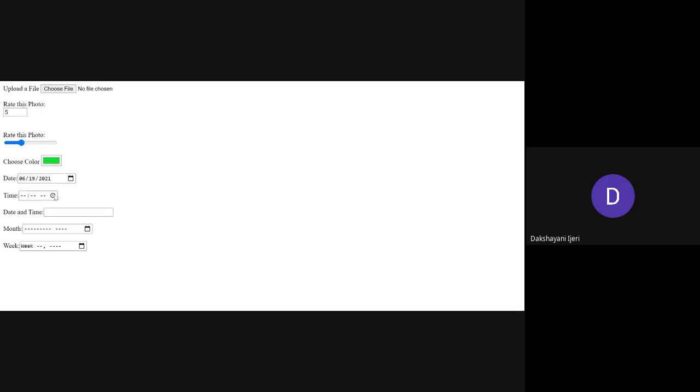Similarly, you can see here the time input has been created. And if I click on this again, it is showing you the hours, the minutes, and it is even allowing you to specify whether it is AM or PM. So instead of typing, you can also simply select the time over here. The first part is the hour, the next part is the minutes, followed by the AM or the PM here.